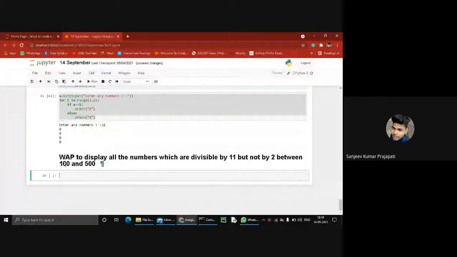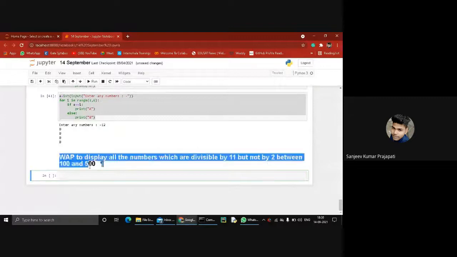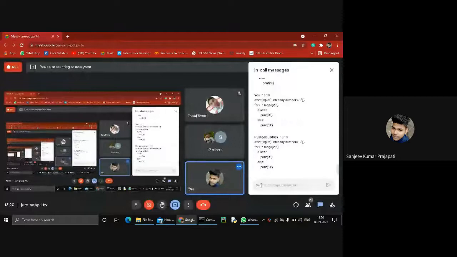Yeah, guys. Write a program to display all the numbers which are divisible by 11 but not divisible by 2. So the question is this.